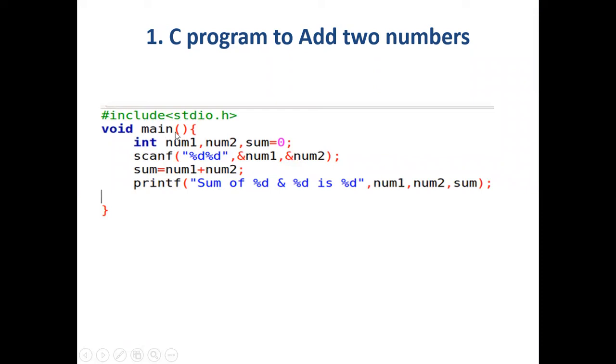So here this main function has two parts. One is a declaration part. We have declared different variables and we have specified the type of each variable. And we have the logical implementation where we are reading the values from the end user for these two numbers. And we just add the numbers and store the result in this variable. Finally, we are displaying this result to the user.